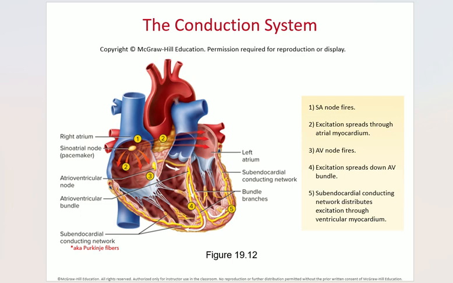So find number 1 in the picture, right there. Number 2, excitation spreads through atrial myocardium. So, in other words, the atrium muscle down the walls of the atrium, right? Or the atrium excites down the walls,